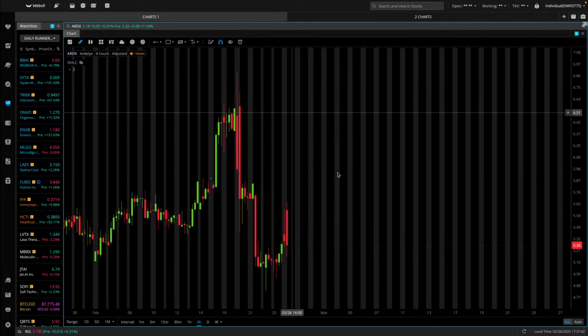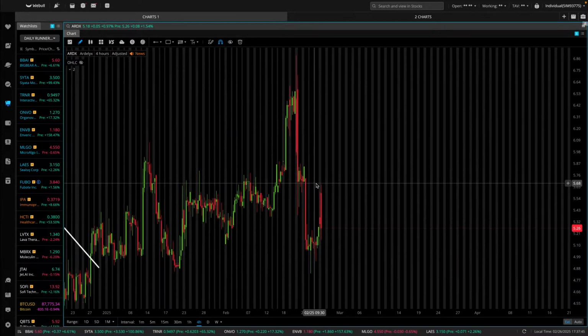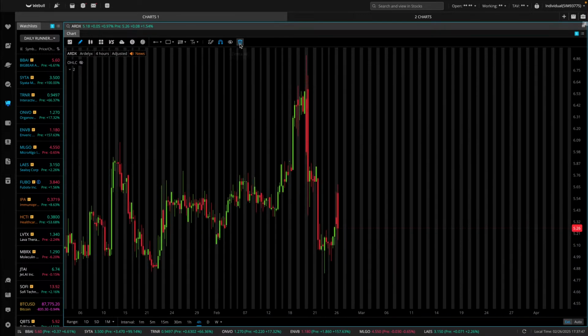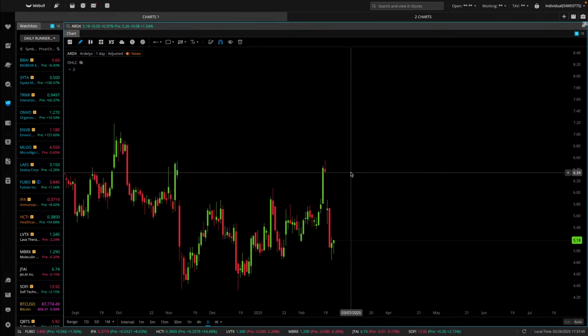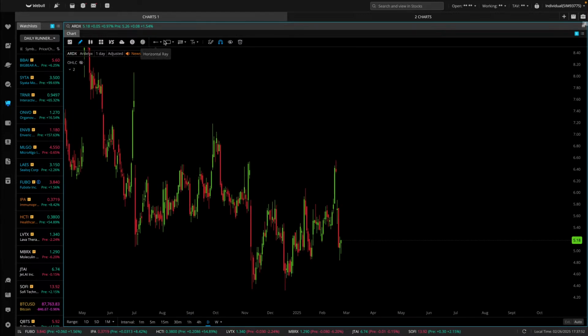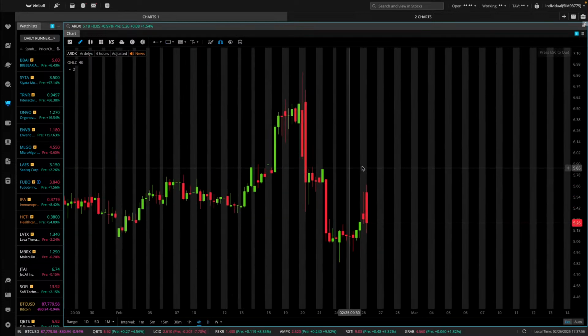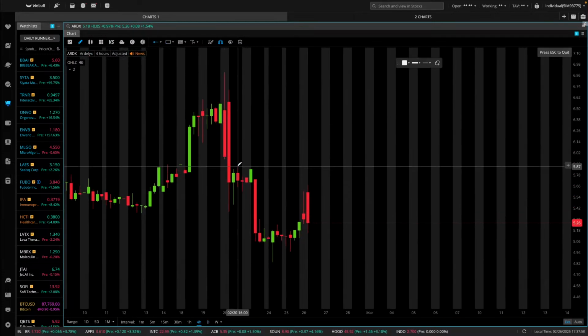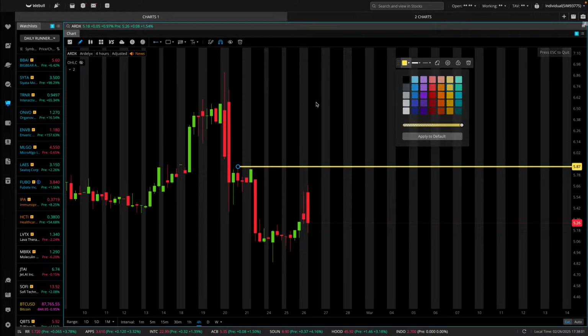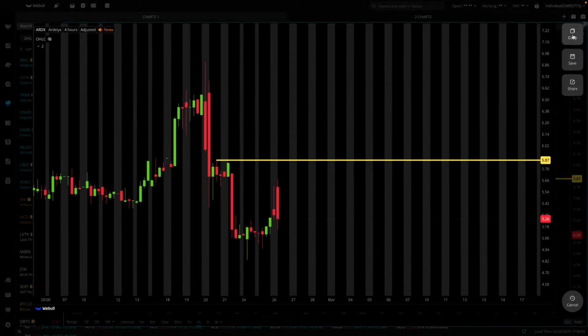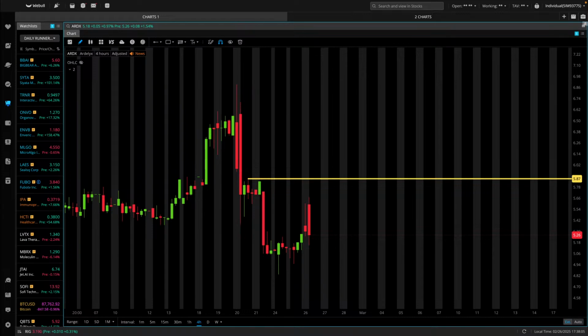ARDX, what's happening here? ARDX, extremely low volume on this. For me, I don't know how to trade something like this when there's a lack of volume. Daily chart is literally just ranging. It's not going up or down. So I don't know what trend this is at the moment. You could try and take riskier entries above 587, but at the moment, I don't see anything on this. I hope you are not in it yet. Till there's volume or news or whatever. Needs volume. So you can save this, 587, screenshot it, so you just remember what level.